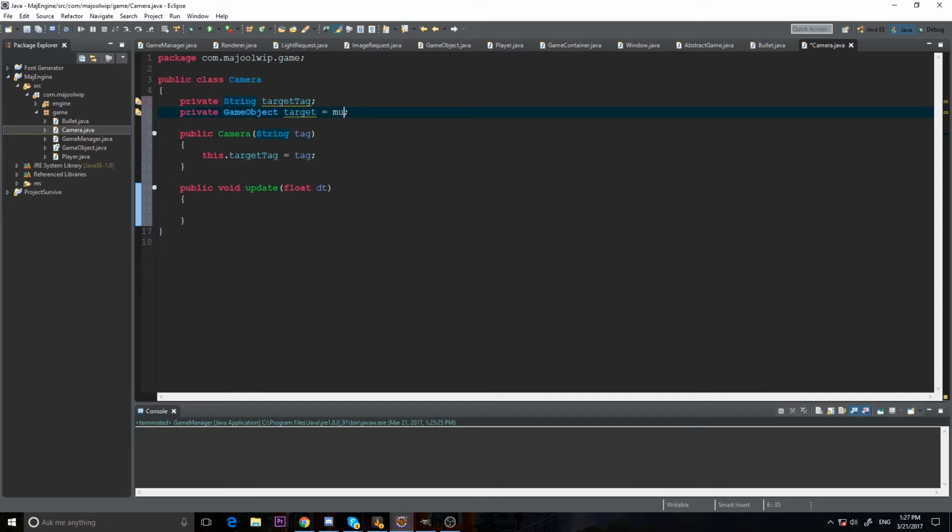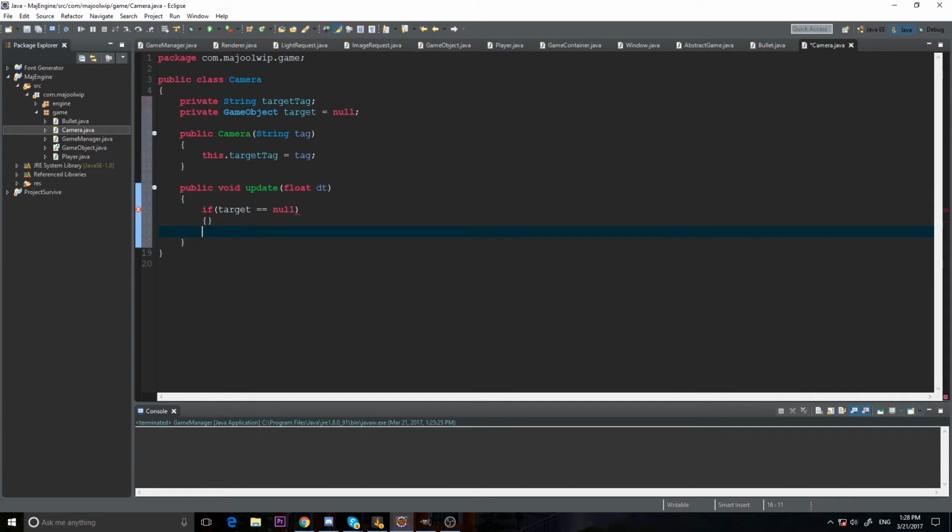So let's make sure this is equal to null. We're going to look for our target, and then when we find it, we'll move the camera to follow that target. Okay? So let's do that. So first off, if our target equals null,